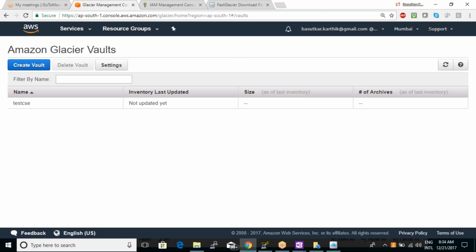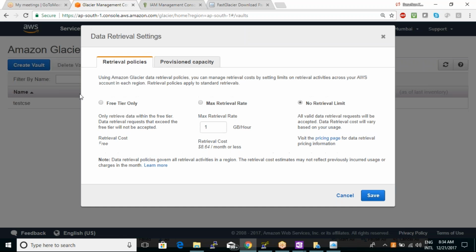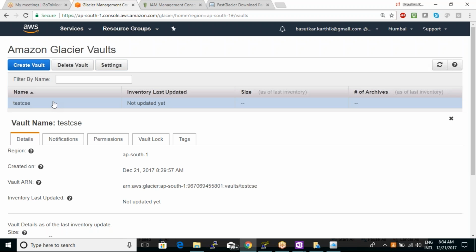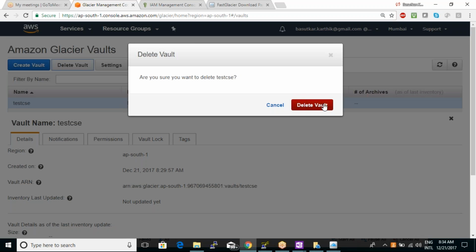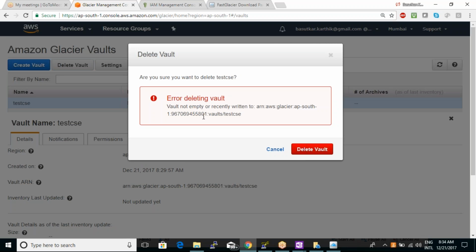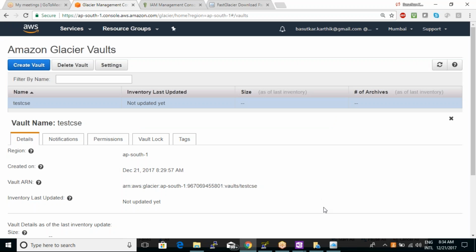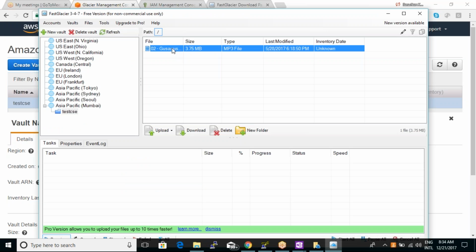But if I try to delete this vault, delete vault, it says error deleting. Vault is not empty, because we have uploaded something to this vault, so it cannot be deleted. If you want to delete the vault, first you have to delete the archives that are in the vault and then you can go for deleting it. Right now we have an archive in that vault, this particular song. We have to delete this file, or if you want to download this file, as I told you, there are